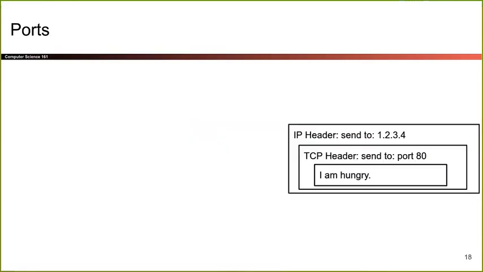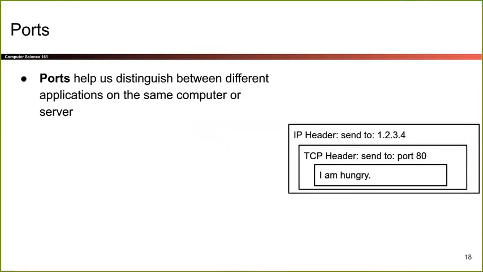So those are ports. That's something that TCP adds on top of lower layer protocols. What ports are for is this: if you have a computer or a server running lots of different applications, the port lets us distinguish different applications on one computer. So maybe my computer today is running Zoom, Firefox, Slack, and some other applications, and I have to have a way to distinguish which packets are meant for which application.